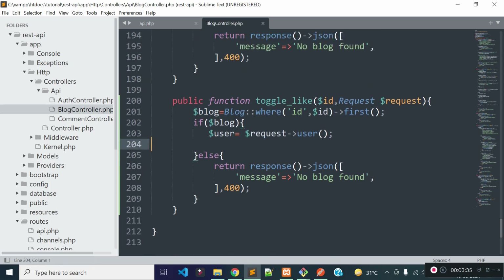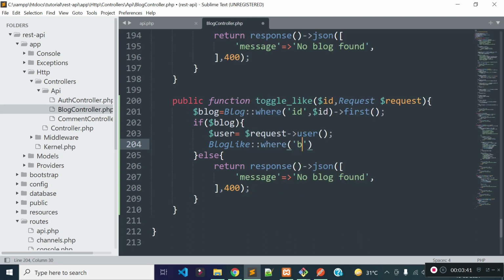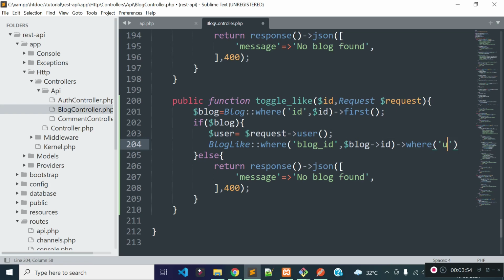Now I will query our blog_likes table with the help of the BlogLike model, where blog_id is equal to the id of this blog and where user_id is equal to the currently authenticated user's id.